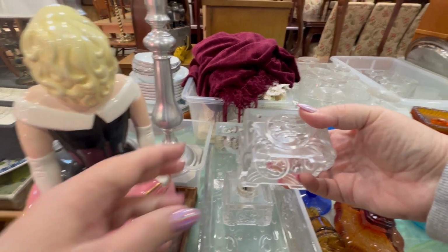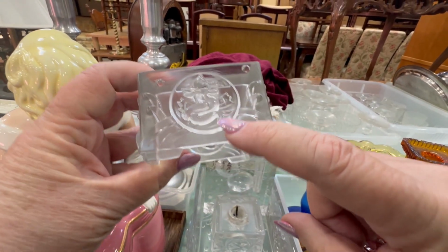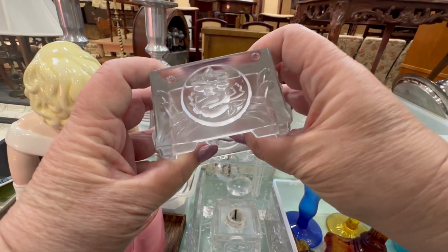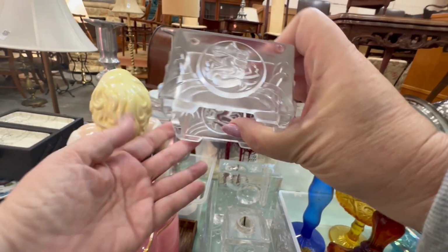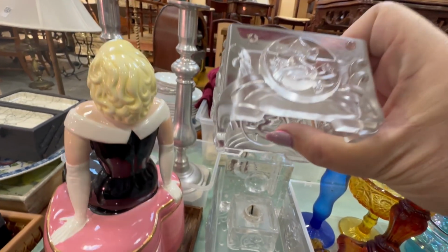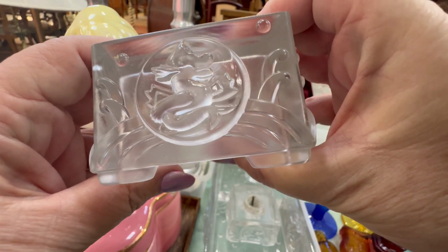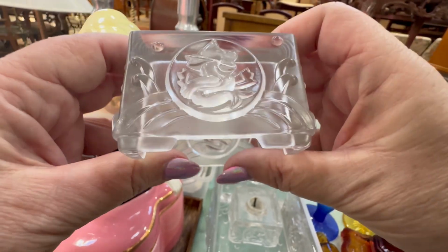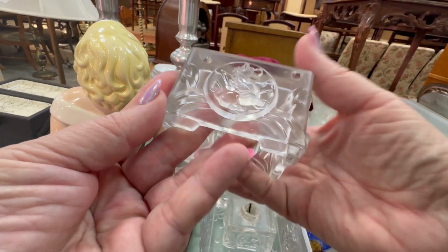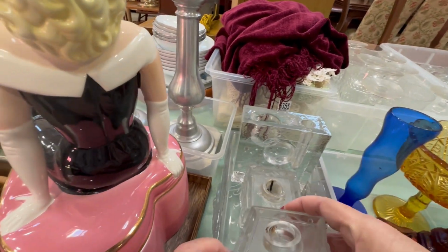Now what I'm picking up now is they're candle holders, and I do believe that's a dragon that's on the candle holder. Now I think it's lucite. I don't think it's glass because it wasn't that heavy. But I did like the little dragon motif that it had on it, and see, that's where you put the candle. I don't think they were extremely expensive, but